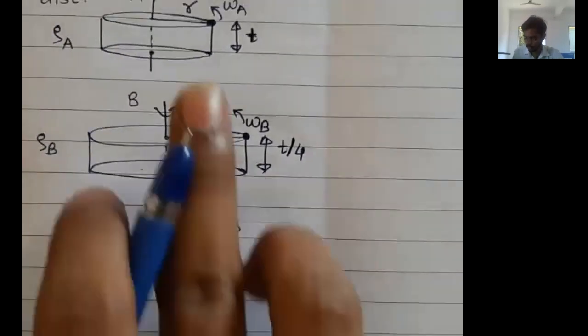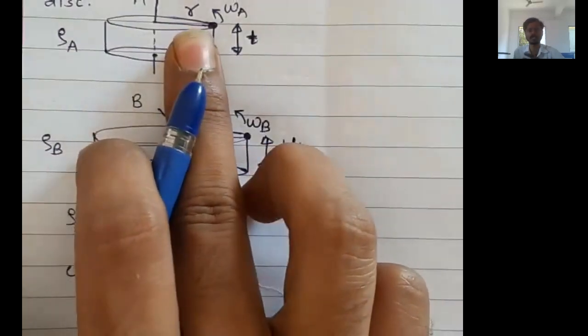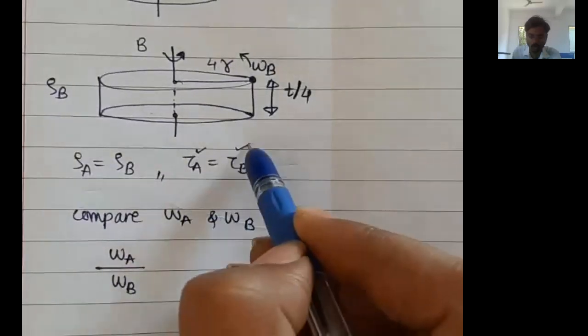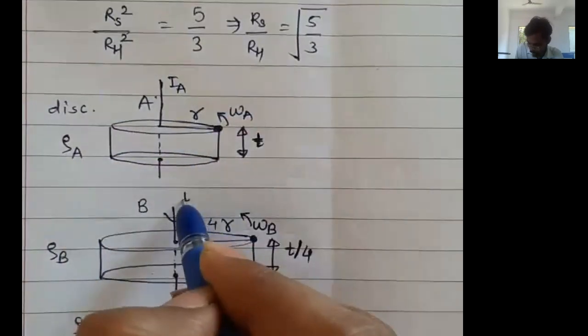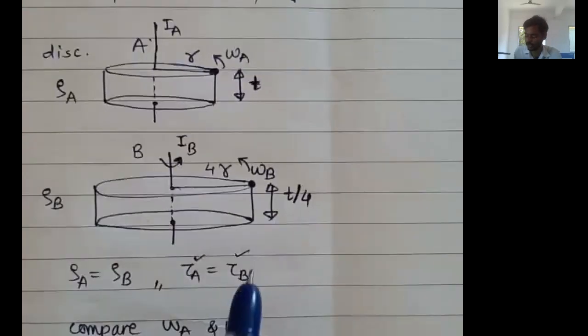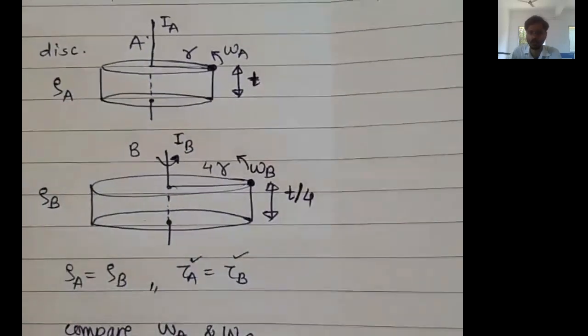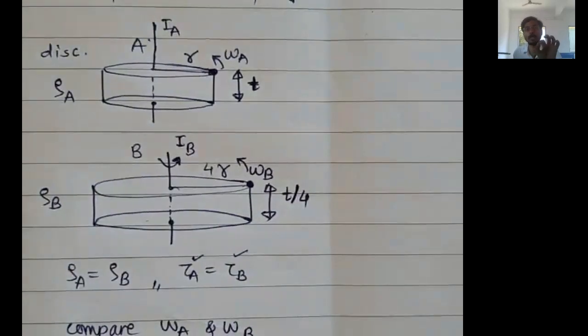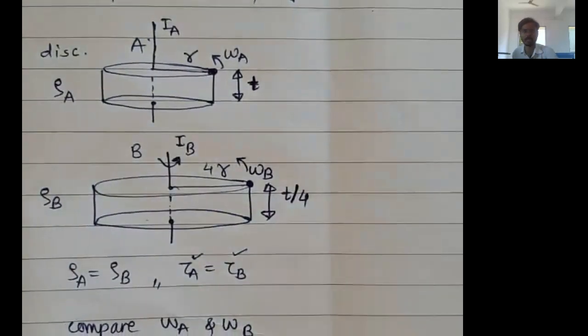Sir, to find out final angular velocity at given instance of time, which equation will we use? See, torques are given. Moment of inertias can be found out by using the formula of the discs. Torque is given, moment of inertia is given, tau is equal to I alpha. From that you can get alpha. Once you get alpha, just like V is equal to U plus AT, we have omega 2 is equal to omega 1 plus alpha t. So from that you can get omega.